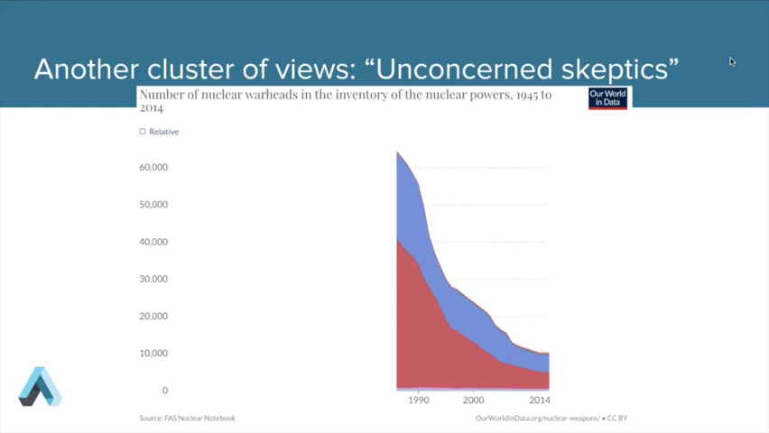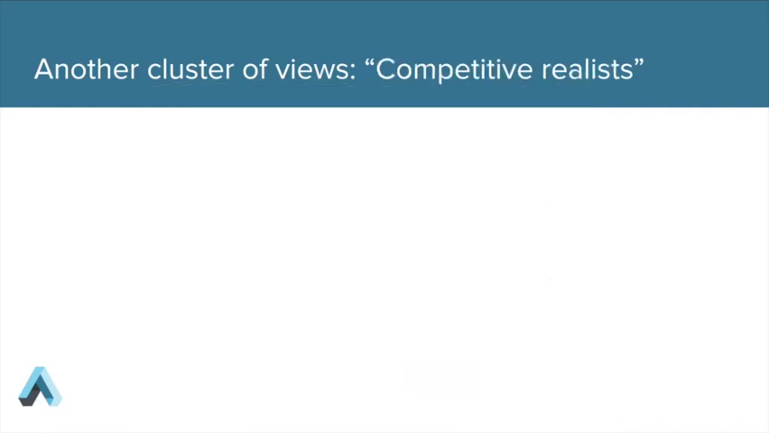So this perspective might highlight a different portion of the exact same graph, this very pleasing descent down this mountain of doom from about 70,000 to about 13,000. This graph, the numbers are different by different estimates and stuff like that, but it's broadly showing that same picture. Then we have a third cluster of views, which I would call the competitive realists in a sort of